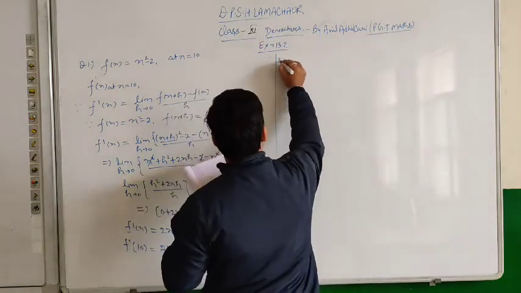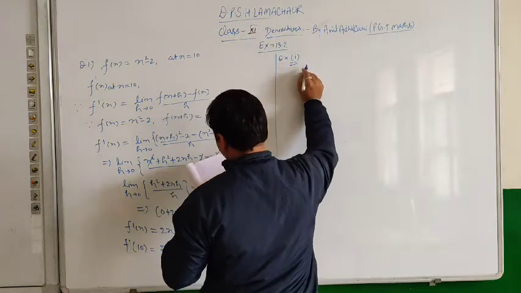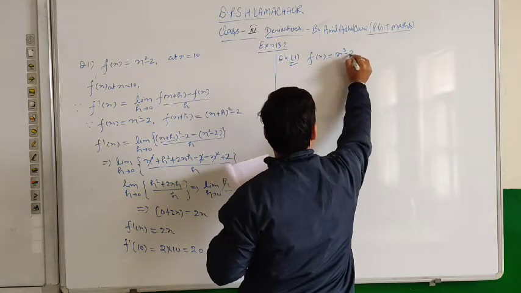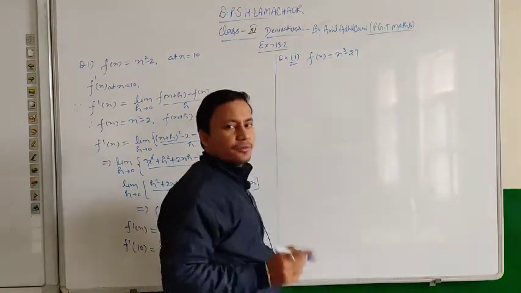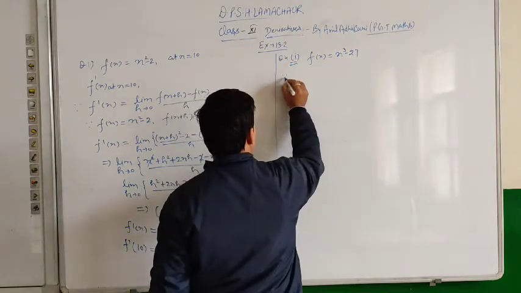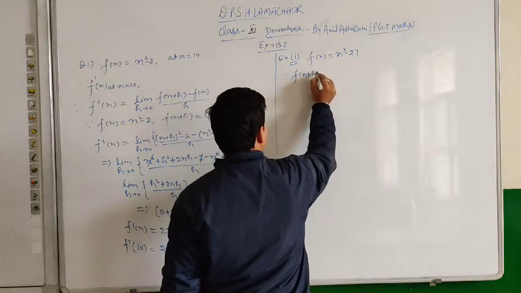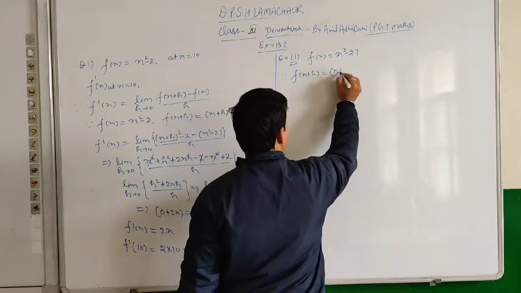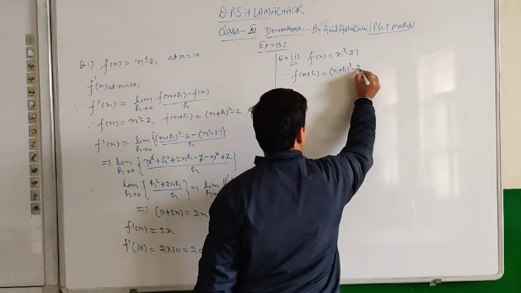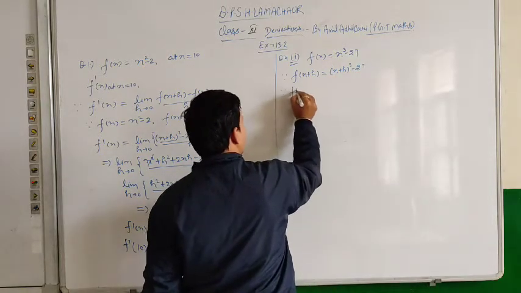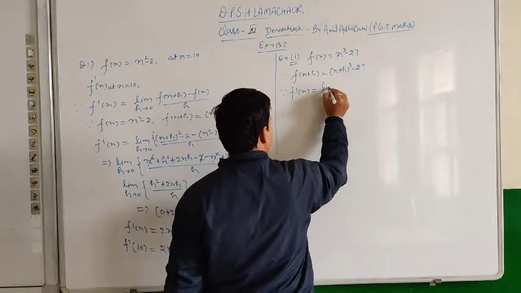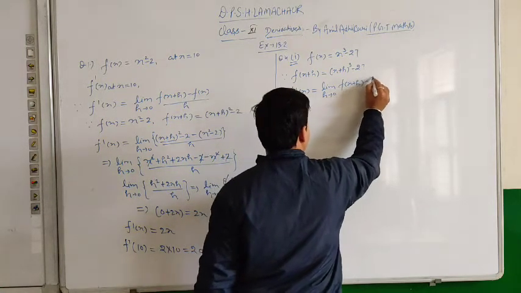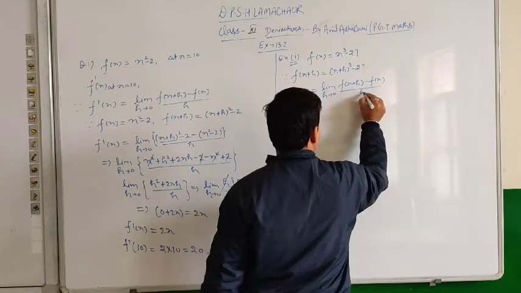Now I am going to question number 4, first part. Okay. The function is given as f x is equal to x cube minus 27, and we need to find the derivative of this given function. So again I am telling you, first we will find f of x plus h. So replace x in the given function by x plus h. So we get x plus h whole cube minus 27. Now since we know that the derivative of any function is defined as limit h tends to 0 f of x plus h minus f of x divided by h.